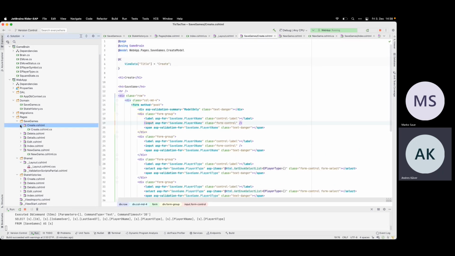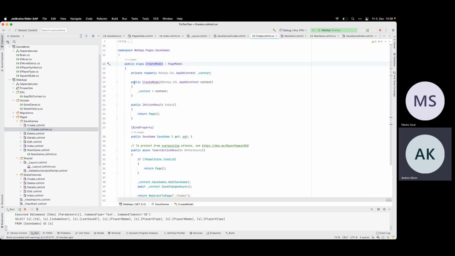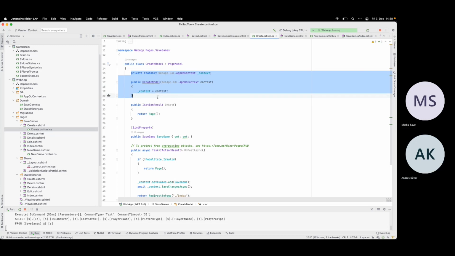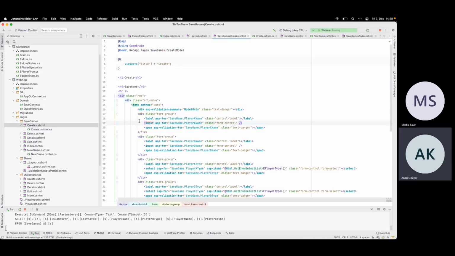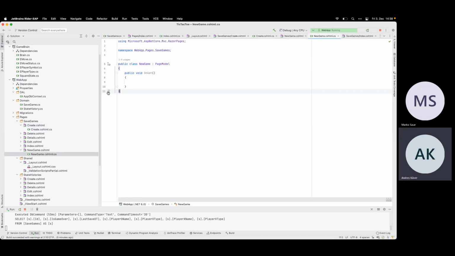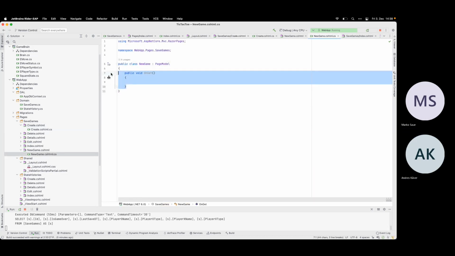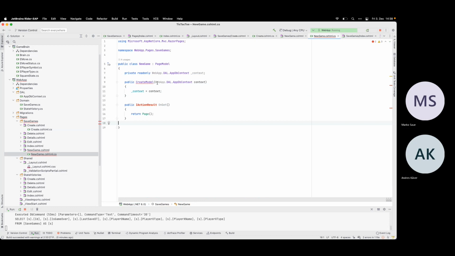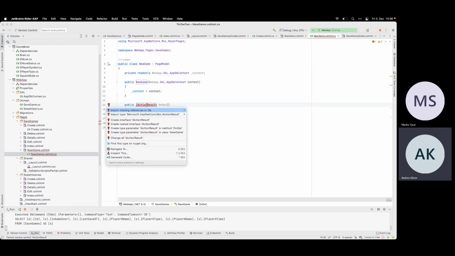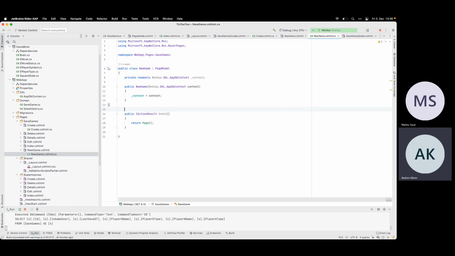I definitely need my database, so I can grab that one from here. So what data do I need? I need this.